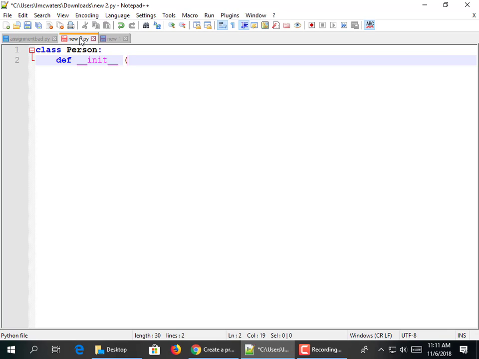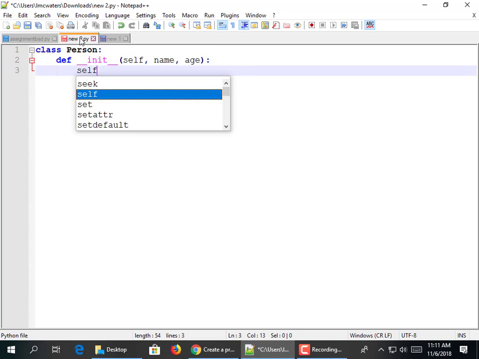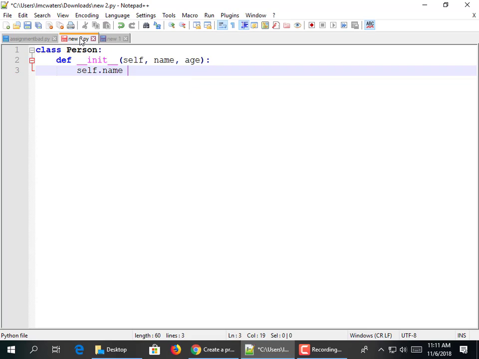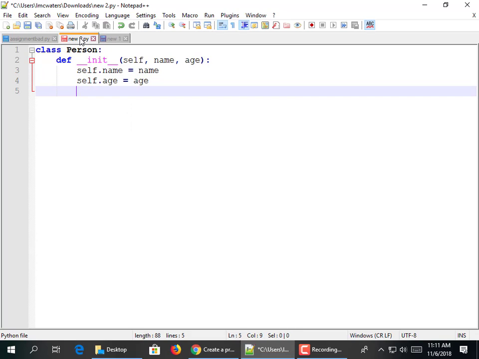So today we're going to define initialize, I'm going to say self, name, and age. Yes, 2 underscores for the init. Okay. So we'll say player1 equals